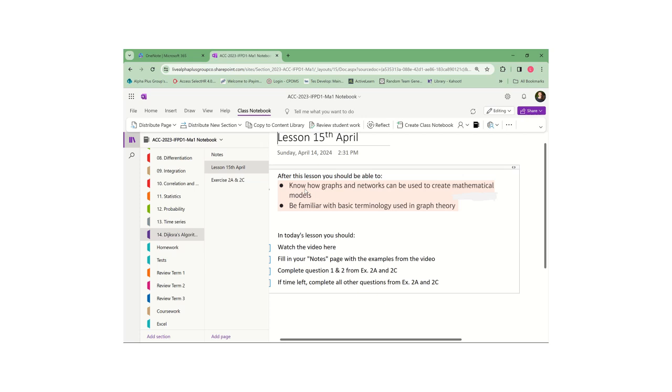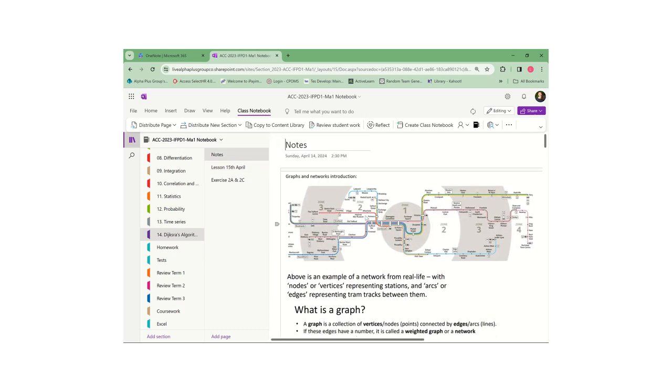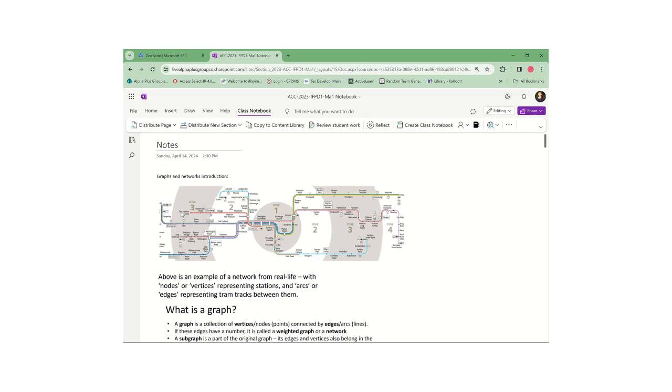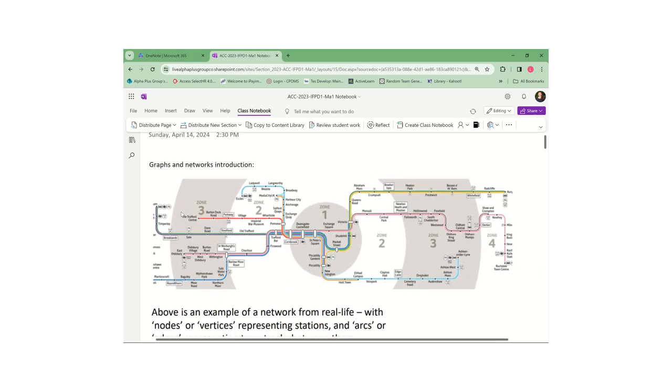So if you use Google Maps to try and go somewhere in traffic, it's using some clever maths to work out, okay, which series of roads and paths is going to help me get from A to B fastest. And we do that by taking a map, for example. So here I've got an example, I think it's some sort of tube, a train map, and kind of simplifying it. So I just need to grab my pen. So simplifying it. Now, what we do is we have, for example, here we have some stations,